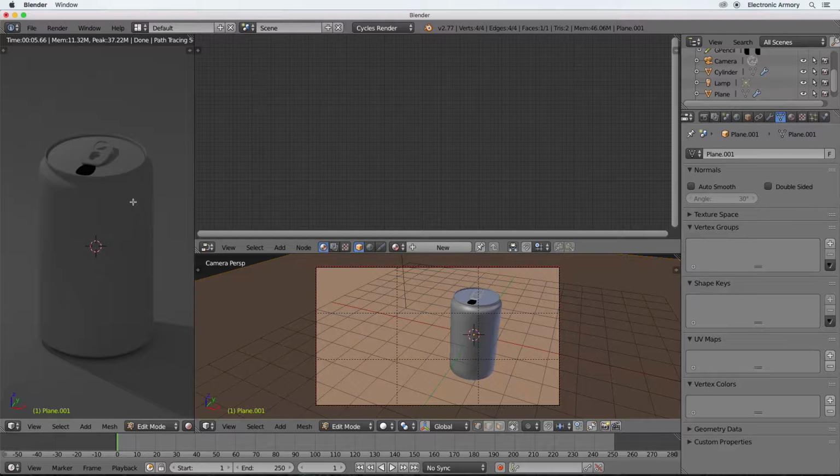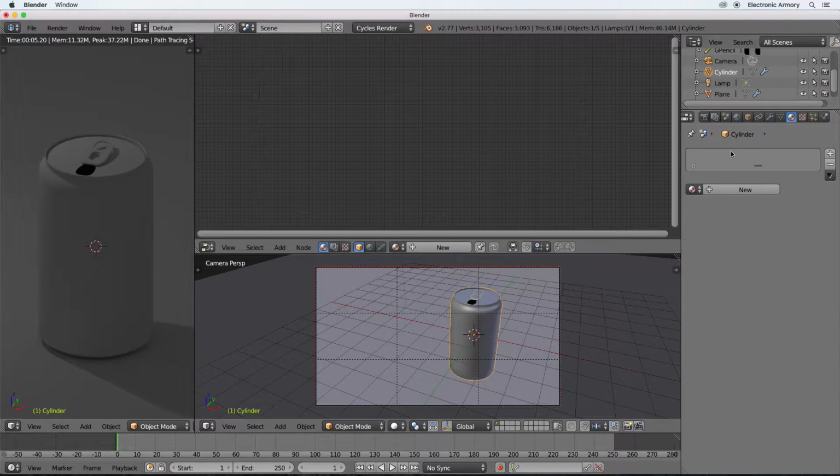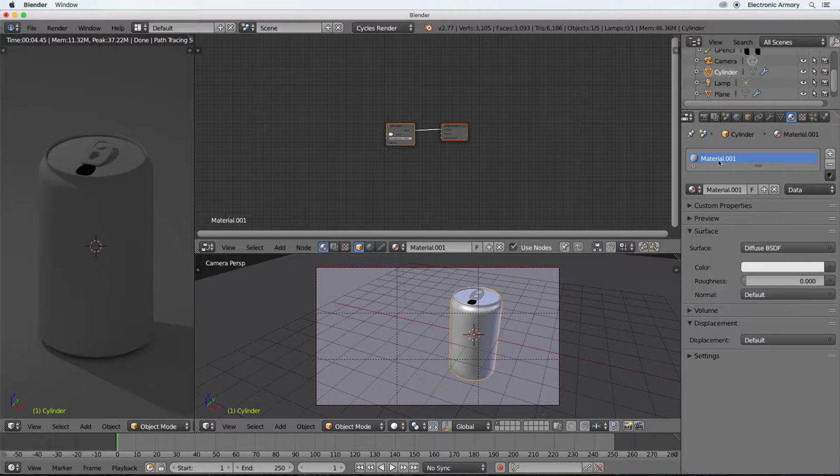Make sure our object is selected. You can select it in this view if you want. We have our plane selected, so let's go into object mode first, then select our can. Again, you can do it in this one as well. And go over here, this is going to be our materials tab. And right now we don't have any materials attached to this, it's just using the default diffuse shader. We're going to add a new material, this button here. And now we have a material called